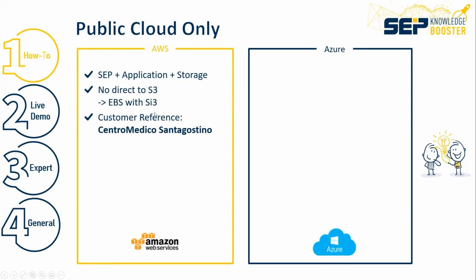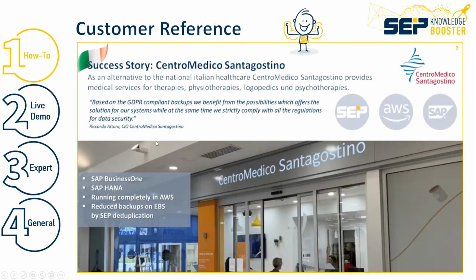And we have a customer reference using this example. It's the Centro Medico Sant'Agostina, a medical center in Italy, all over Italy. They have a pretty interesting concept, always beside a supermarket. So if someone goes to the supermarket, the wife goes to the supermarket, and the husband can go to the medical center